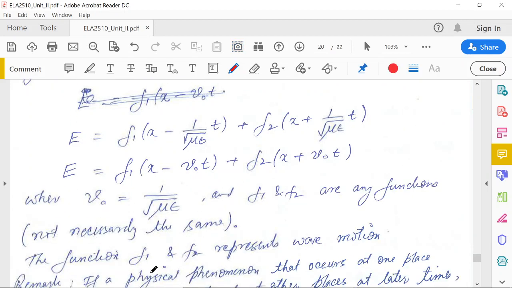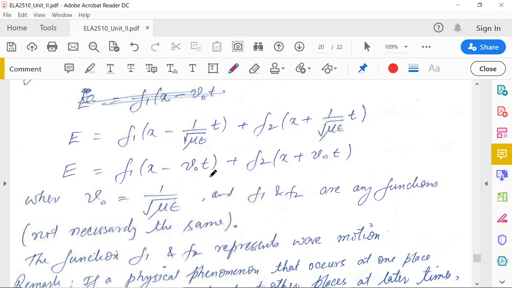Now we will see why we put v naught. This quantity will become the speed, because this is the distance. If you divide by t, it becomes a speed, because speed into t will become this distance. So this term has the dimension of speed, and we are putting v naught because speed into t will give you x. So the dimension should be meters, the unit of distance.